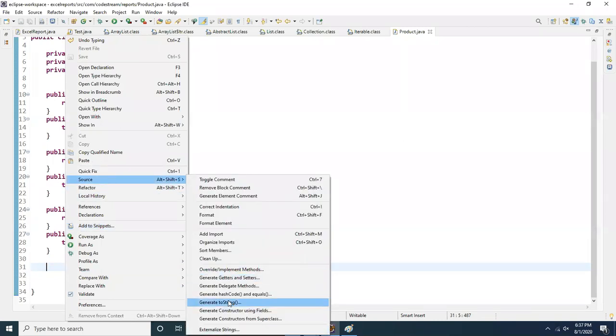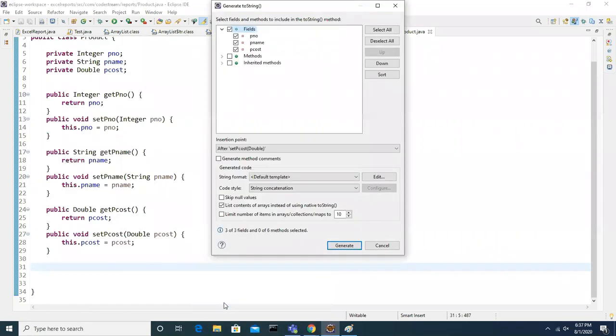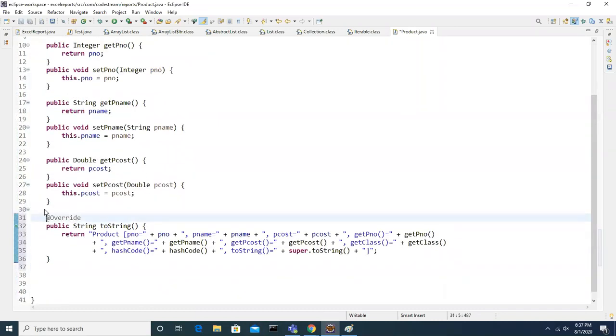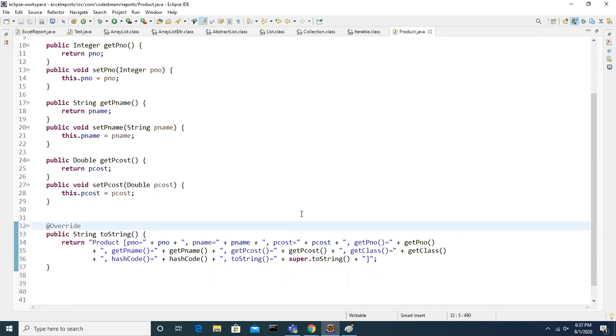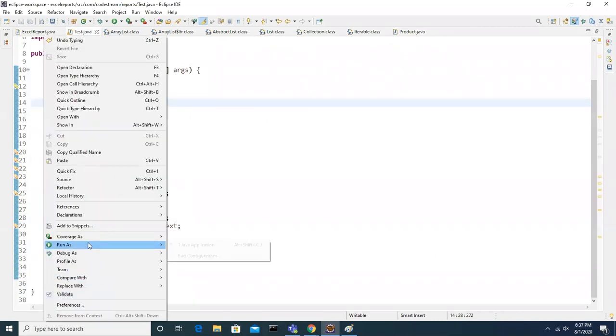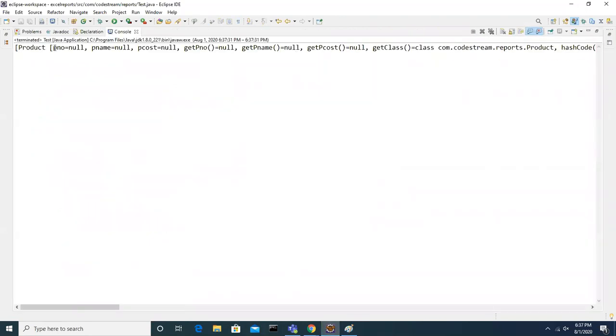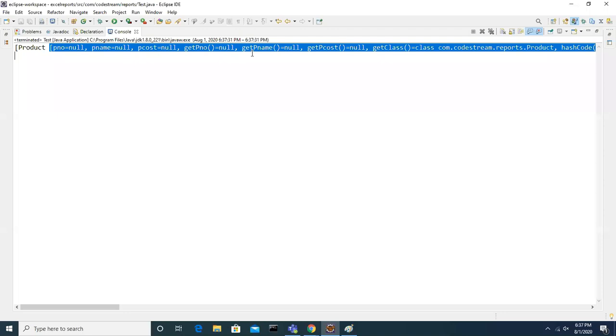Source, Generate toString. I'm selecting all and clicking Generate. Look at this, it generated some code. Now I'm going to execute it. I just generated it, and I will come back and explain that. Look at that, the display has changed now.